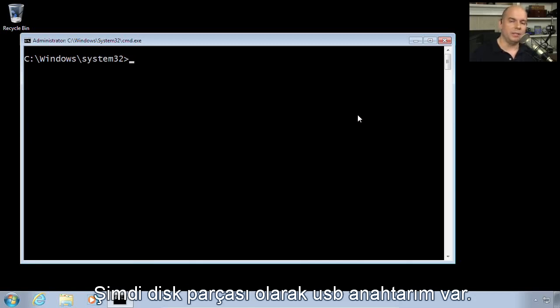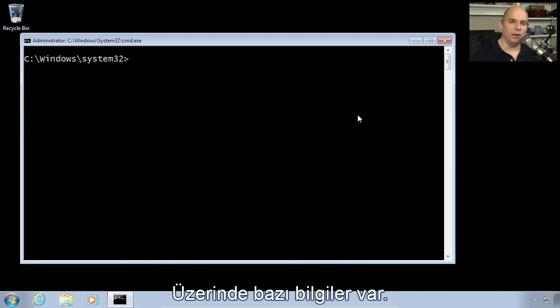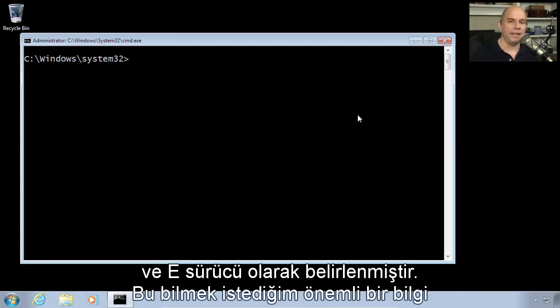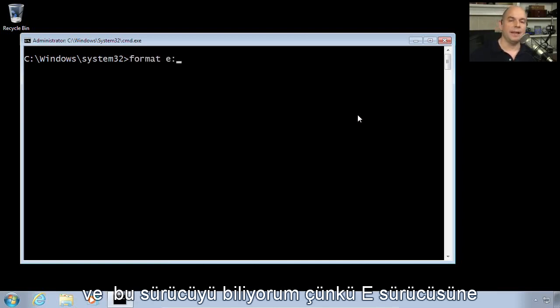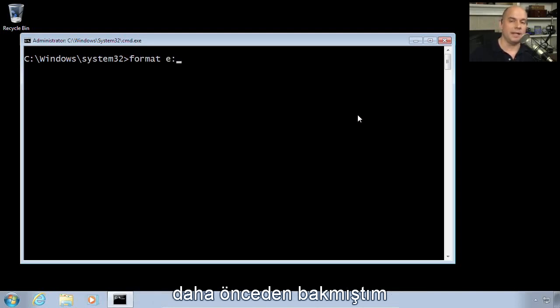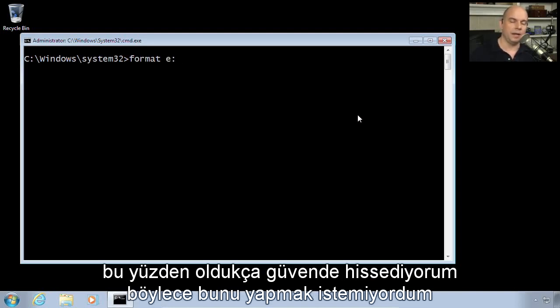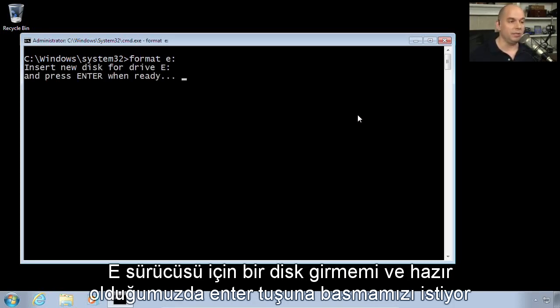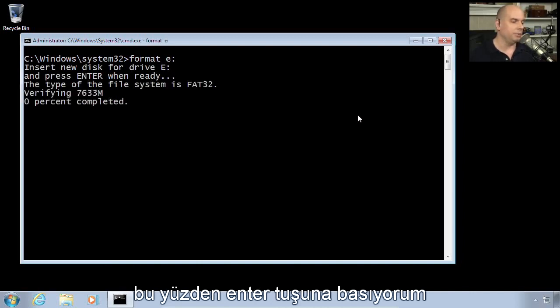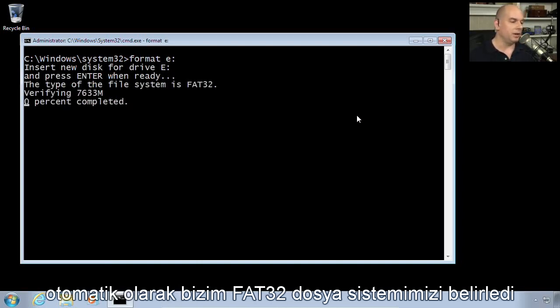Now, we just saw with DISKPART that I have a USB key. It already has some data on it, but it's designated drive E. And that's the important piece that I'd like to know because I can run a format from here and I can specify E:. And I know because that is the E drive, I've already looked at it, I can feel pretty secure that I'm not going to erase something that I don't want to. It says insert a new disk for drive E, press enter when ready. We know that it's already ready, so I'm going to press the enter key